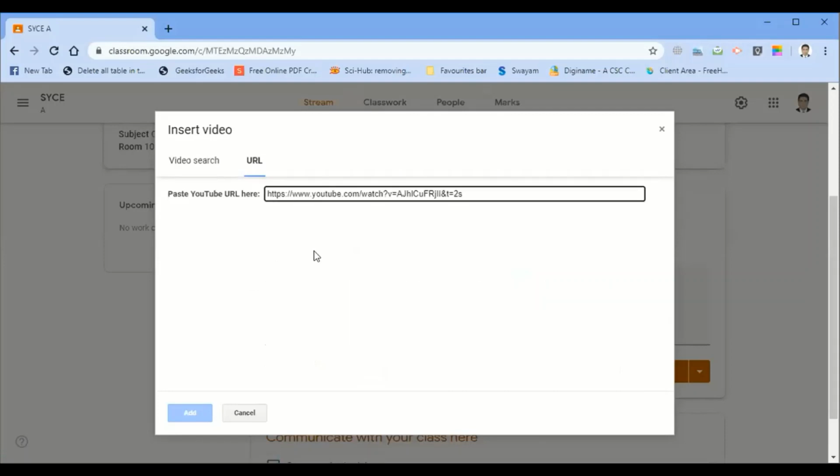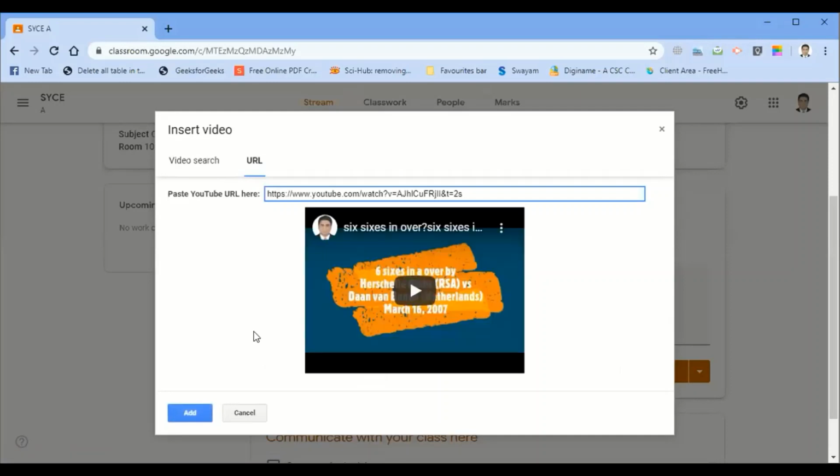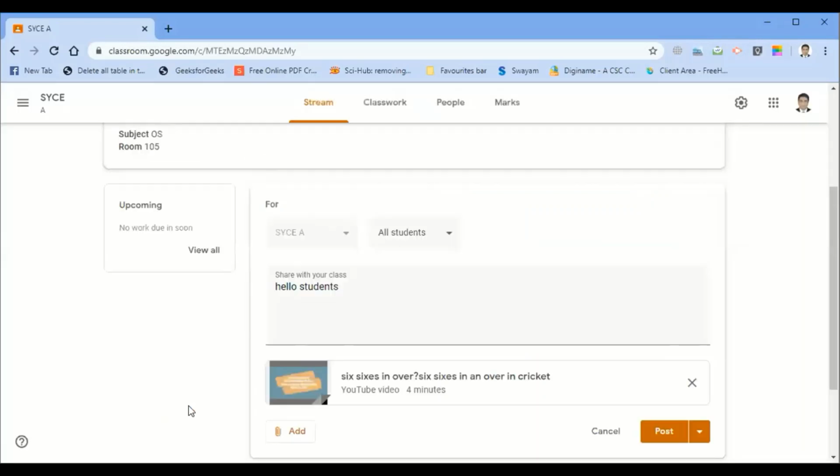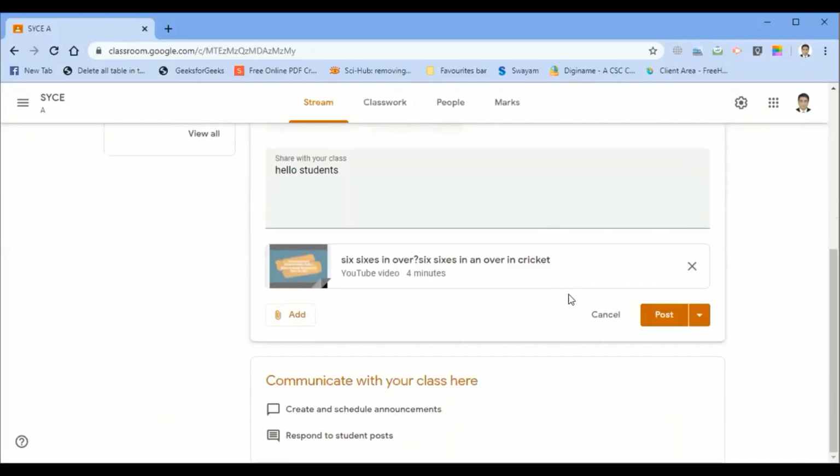Okay, I share this. Now this link will be shared with the students. Simply I add it. Now see here what we have to do. We simply have to post that message and link. Some options are also available here. If you want to schedule the post, that means set the time and date, you can do so, and you can also save the draft. You can also cancel this post. Now I simply post this message and YouTube link to the class. Simply tap on Post.